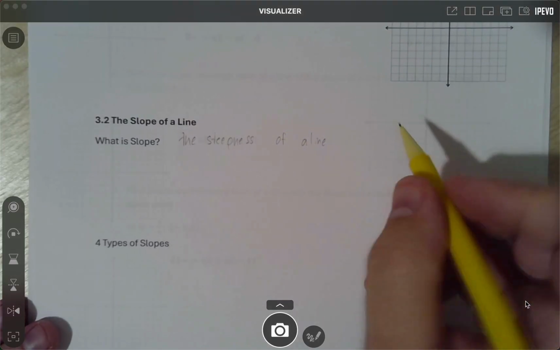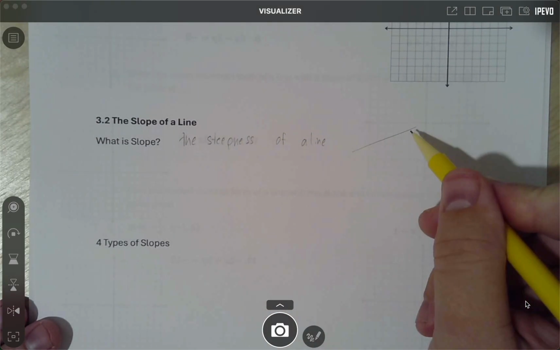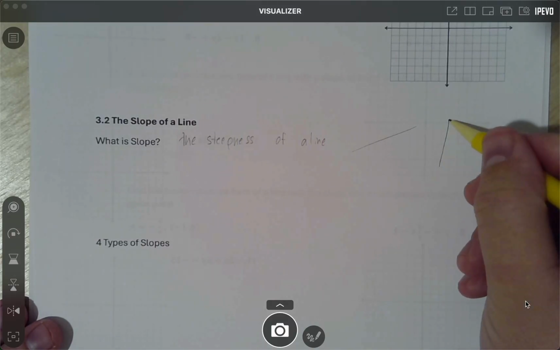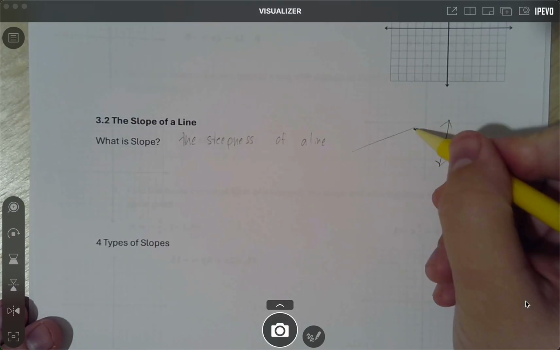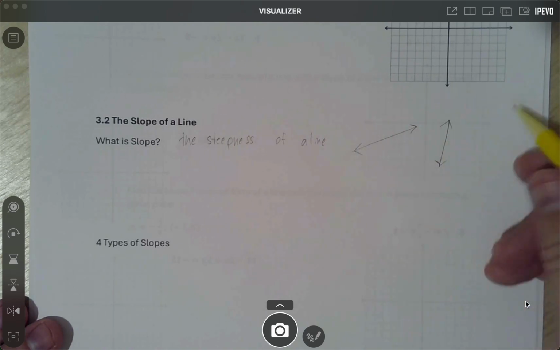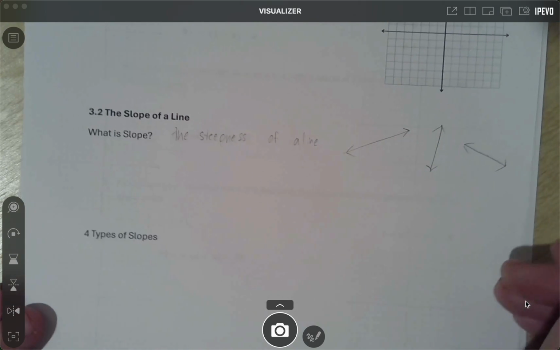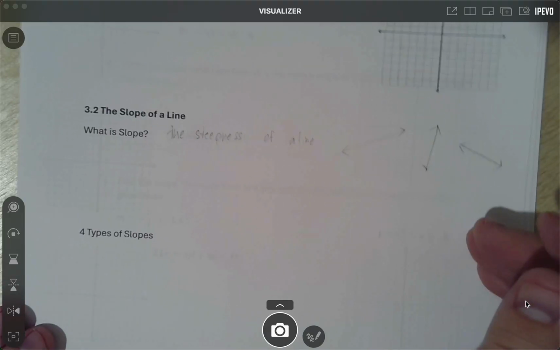So some lines have a slope like this. Some lines have a slope like this. Depending on the value of that slope, you get different behaviors, and of course some slopes look like this. Now, of course, when we talk about slope,